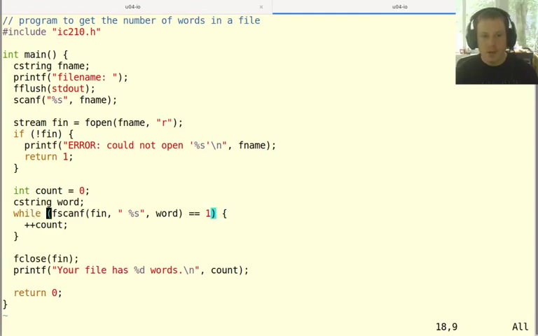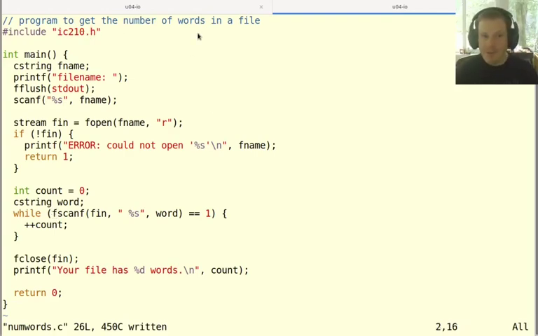So this is now a while loop that is reading every single word in the file and entering the loop once for every single word in this file. Because it's trying to read a word from f_in, and it's only going to keep going through the loop if that returns 1 to say that it successfully read one word. So this will now work correctly. And just to give us some practice,